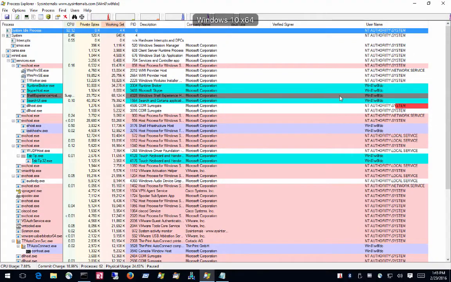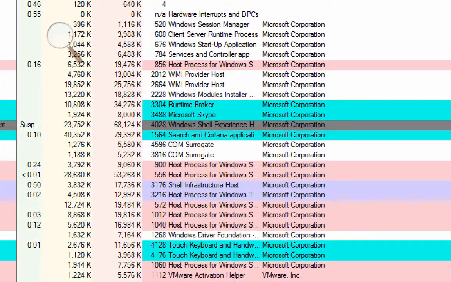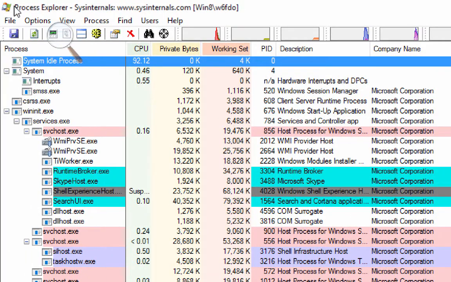Before we do that, I want to show you real briefly a little bit more about this particular program called Process Explorer. I'm going to zoom in here so it's easier to see. This is the first and probably the most important tool that I'm going to show you today, Process Explorer from Sysinternals, because it allows you to explore all the processes that are running on a Windows system. So anything that's running, any piece of software that's running in RAM and memory, is going to show up